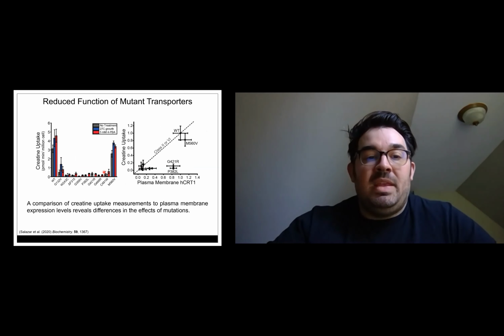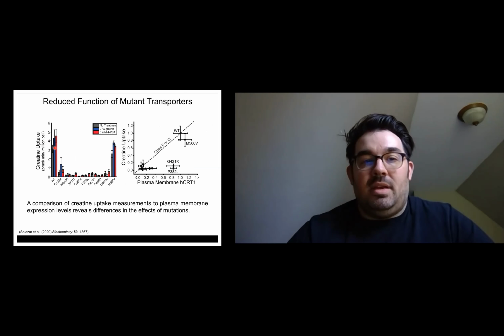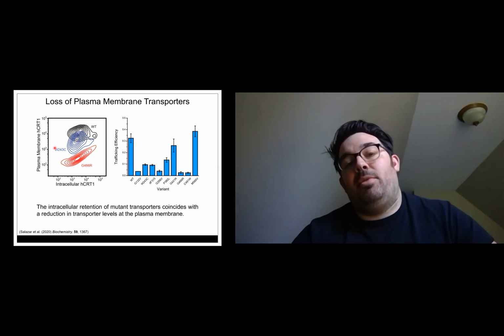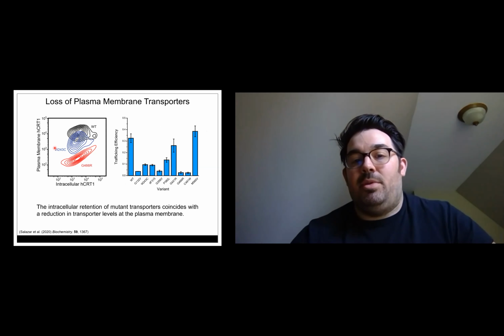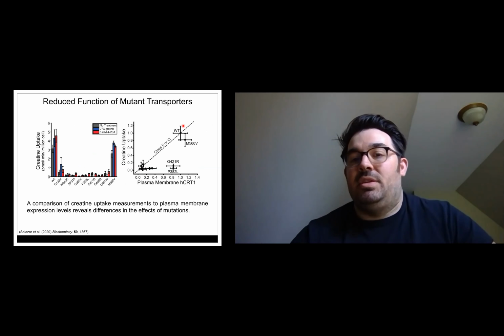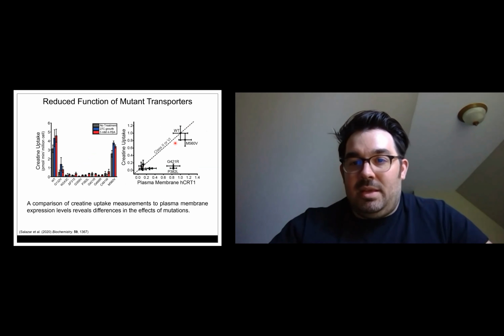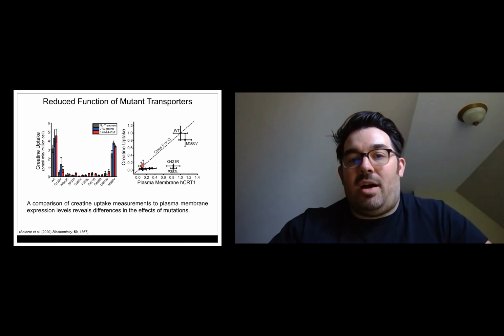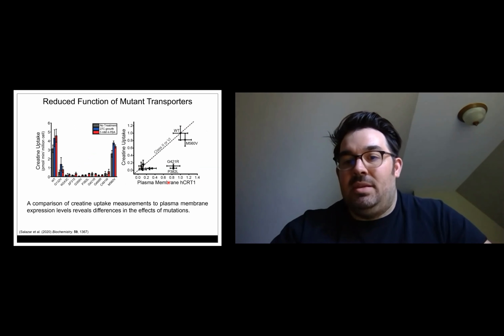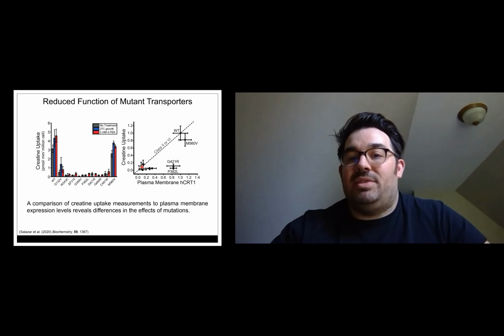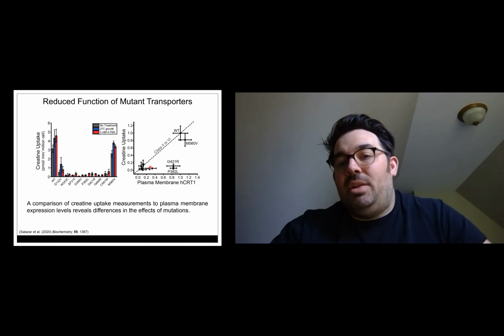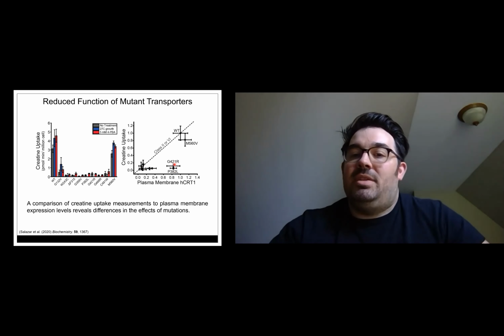That makes sense. If you compare these numbers to the plasma membrane protein numbers and the ER retention numbers, you can start to see some interesting patterns. So for most of these mutants, the amount of creatine uptake that's lost, that's on this axis, sort of scales with the amounts of protein that makes it to the surface of the cell. Then there's a couple of them where you see a little bit of deviation, and then a couple where this doesn't fit at all. So these two mutants,